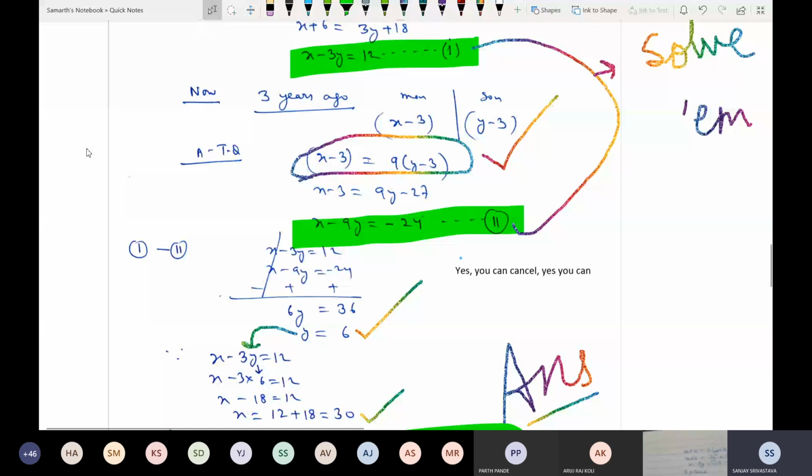Yes, you have written 6y and 36. You can cancel directly also, because there is no other variable, and on the right hand side and the left hand side it is in product form. So 6 into y is written. And whenever it is in product form, on both sides, you can cancel the elements. Okay. You have done it correctly.